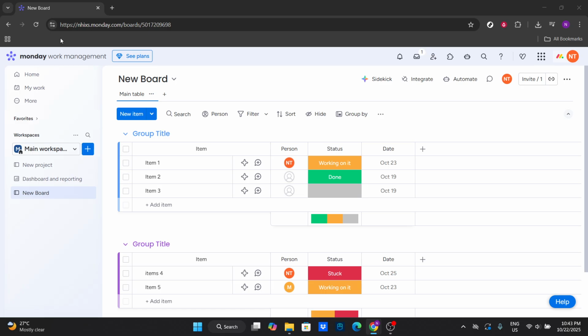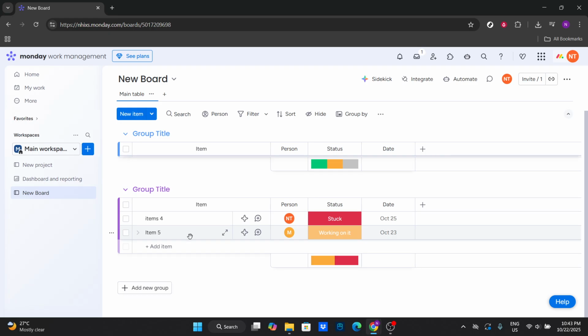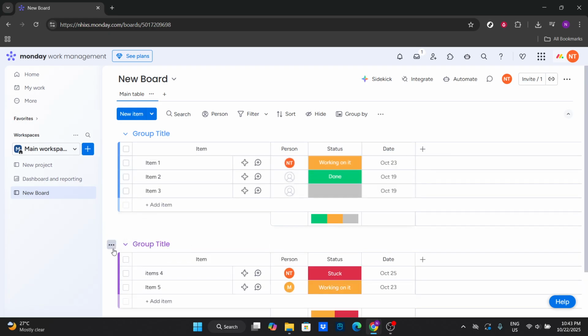First, we need to navigate to the board where the group was originally located. Begin by logging into your Monday.com account and selecting the board that's related to the group you've deleted. If you have multiple boards, you can find the correct one by either checking the board list or using the search function. Once you've successfully navigated to the right board, keep a steady pace as you follow along with the